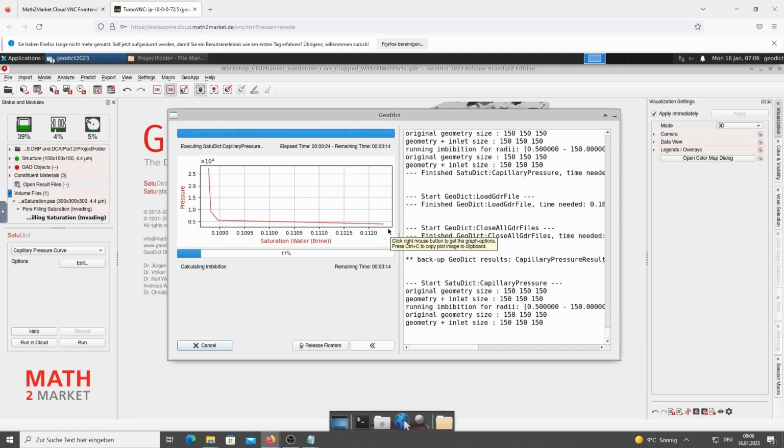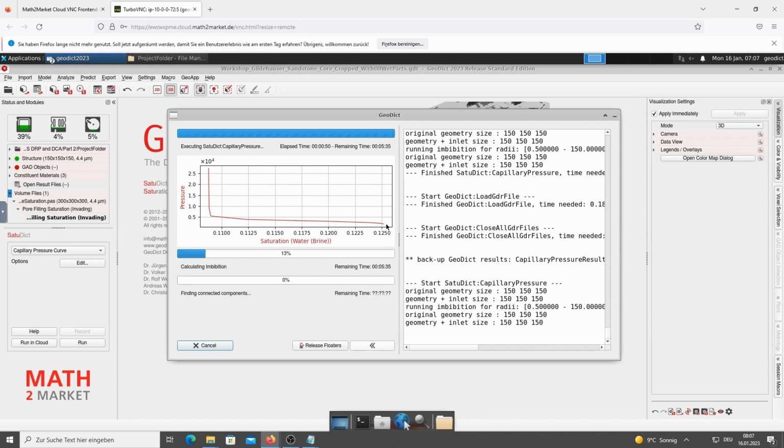Here in this structure, it will happen at about 12.5%. It will happen here about this point where we have a transition, but it will take a few more seconds.